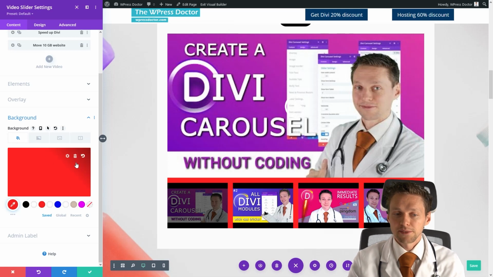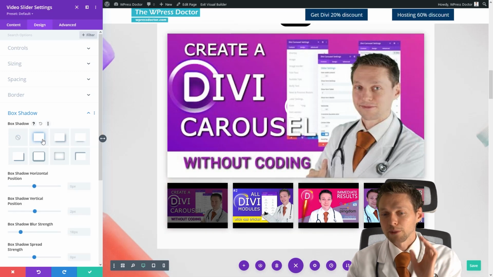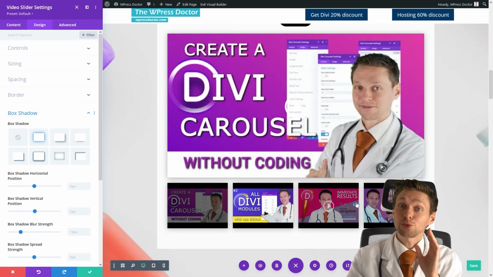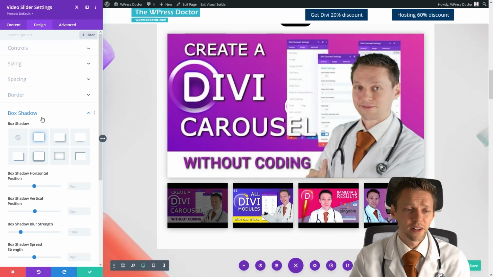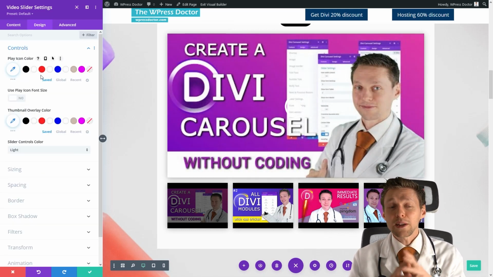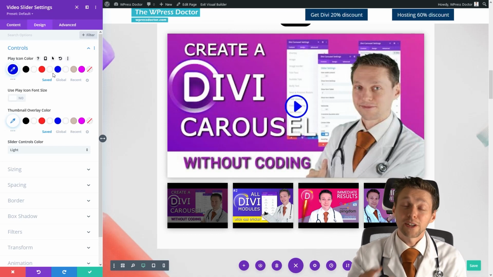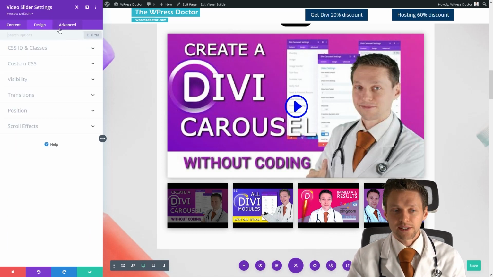This looks pretty awesome. And of course, I do like the box shadow. With this module, however, if you click on the box shadow, it will create individual shadows also below the thumbnail track. So that's pretty awesome. I would suggest to turn it on because it looks beautiful. Alright, border, spacing, sizing, it's all the same. Play control color is also the same as I told you in my video before. In the video module, it's exactly the same. So here you can change all these things.